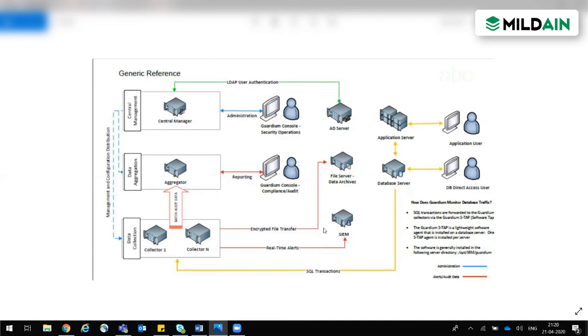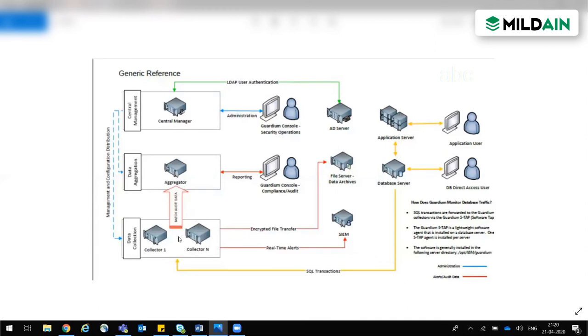Big enterprises always have a proper team to manage this SIEM solution. They regularly monitor all those alerts, not only for Guardium, but whatever tools you have in the environment that definitely integrate with the SIEM solution. So when a command or incident occurs, they will ask the DBA what they are doing on that particular data, why the select command was fired, and why it is running so long. Those are the use cases we generally follow.